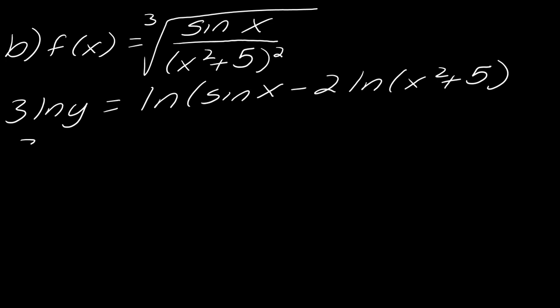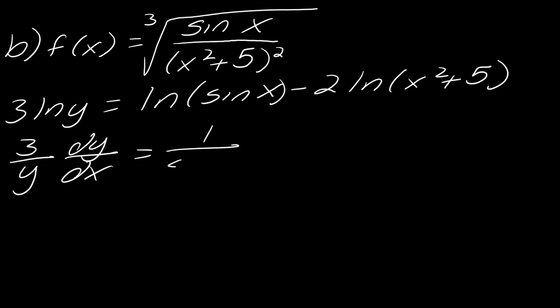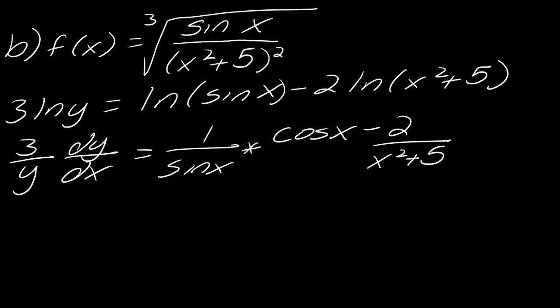And so this side's going to be 3 over y dy dx, and then this side is going to be, let's see, that should have been 1 over sine x, and then I multiply this by the derivative of sine because I'm using the chain rule here. So the derivative of sine is cosine of x minus 2 over x squared plus 5 times 2x. So now if I clean this up,